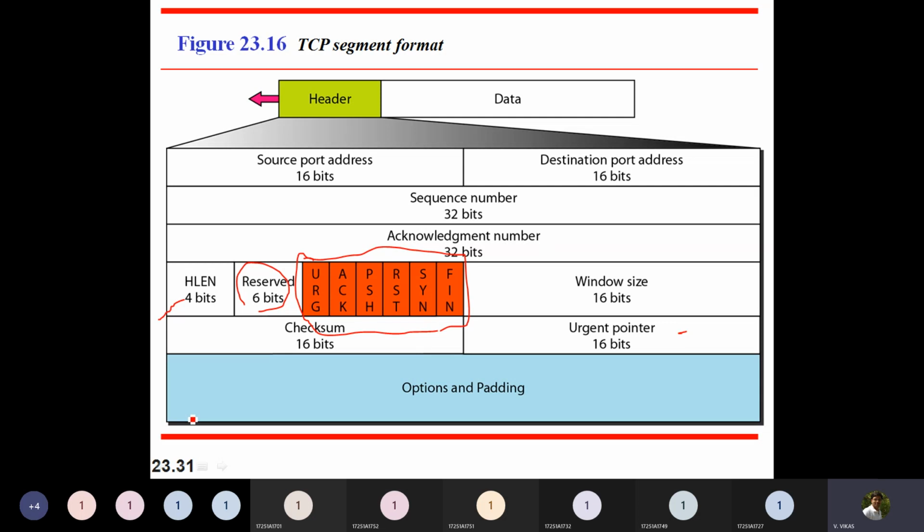Okay, we do have a mnemonic for the TCP segment, but right now I'm not able to remember it. Anyway, I'll try to share that information. Earlier, in one of the PPTs, I had saved it, but somehow I'm missing that particular thing.